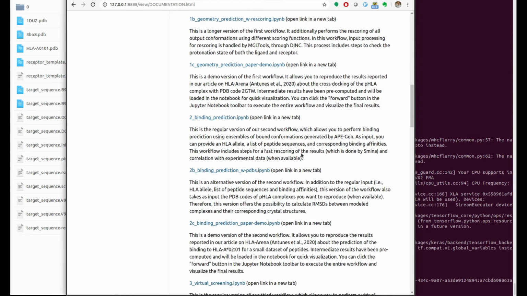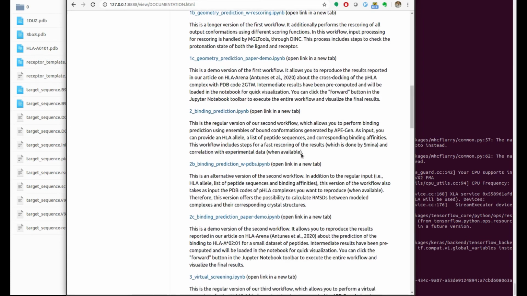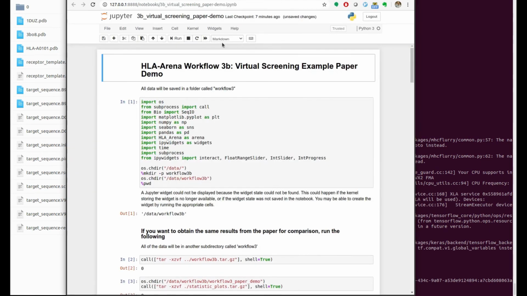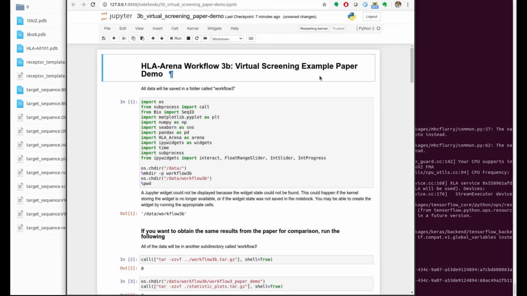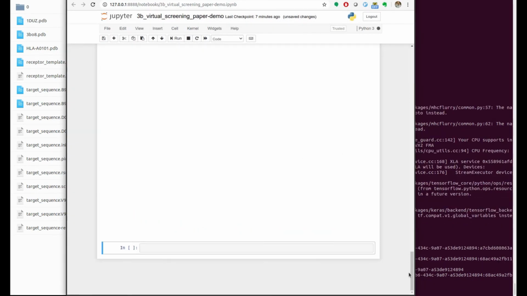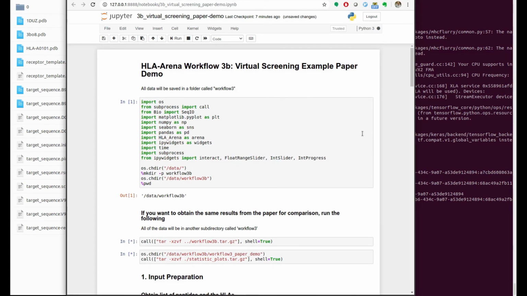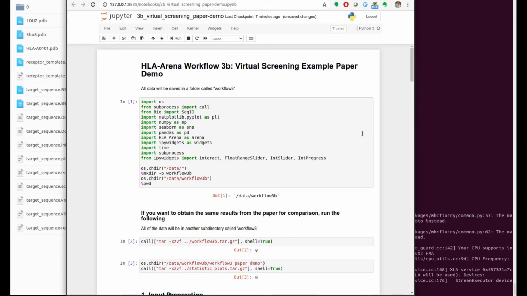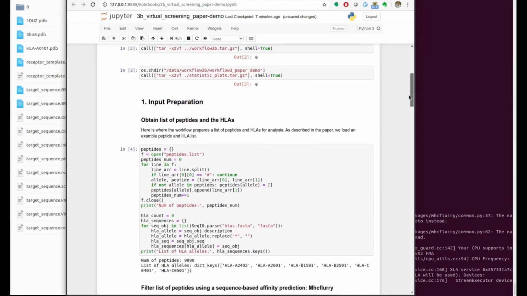We also have additional information and experiments describing the use of these workflows on our manuscript that was published on JCO Clinical Cancer Informatics. And in fact, you can use some of these workflows here to reproduce the results presented in the manuscript. So for instance, I will quickly execute this workflow through 3B. In this case, we are conducting a large-scale virtual screening of peptides. So we are analyzing 9,000 different peptides bound to 6 different HLA alleles, and we are combining sequence-based